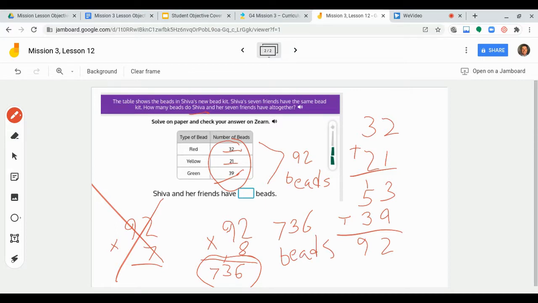beads. But again, read the problem carefully. Don't let Zern trick you, because they'll try this. They'll say, like, Shiva and her 7 friends, or Billy and his 3 friends. Okay, but you have to read the question carefully and see, are we including that person or not? If the question had just said, how many beads do Shiva's 7 friends have altogether? Yeah, it'd be times 7, but it's Shiva and her 7 friends, which is why we have to multiply times